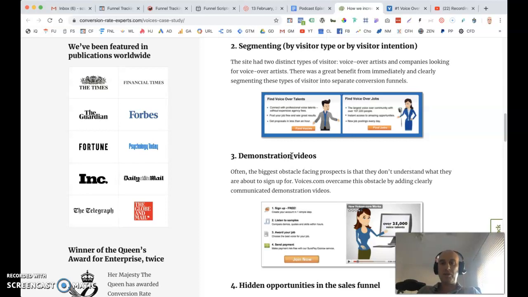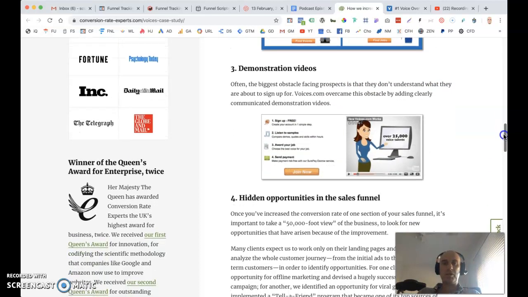Then on the right hand side they had find voiceover jobs, which is a completely separate market. So the bullet points for this was the largest voiceover community with over 107,220 people, instant access to amazing opportunities and new job postings every day, and then a button for find jobs. So that completely segmented the audience into two different segments or areas so that they could then focus on helping the customer with what they're actually looking for and